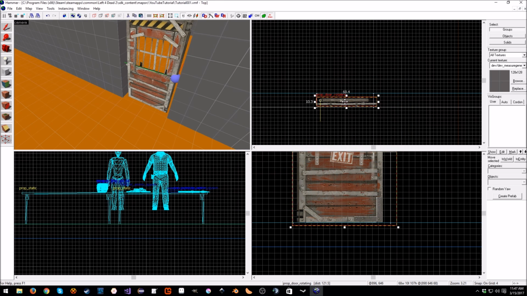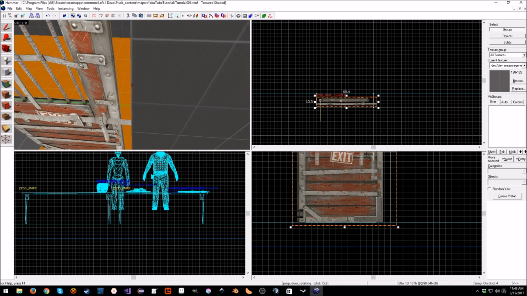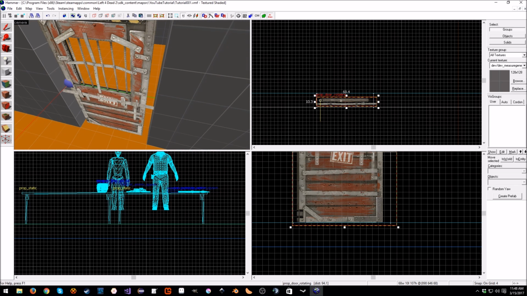And then we want to put it in here. Now, the door doesn't really fit perfectly. As you can see, there's a considerable amount of gaps, but we can fix that. No problem. So the first thing we're going to do